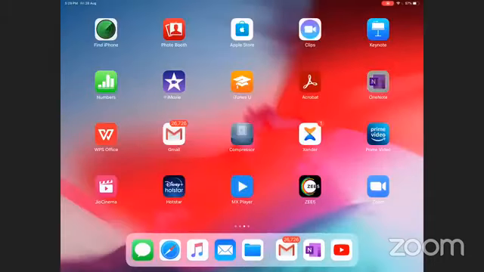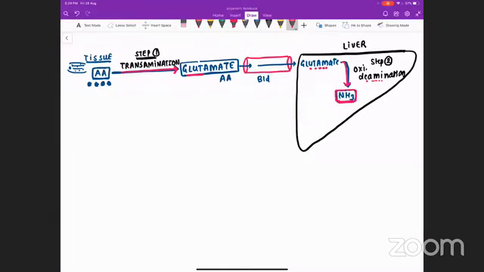So what I was saying to you was that the different amino acids are converted into glutamate, and that glutamate will reach all the way to your liver, and in the liver we are going to take out the ammonia. That process is called oxidative deamination. One more scenario is at the tissue level, there are some pathways that can directly generate ammonia in trace amounts, a very small amount.